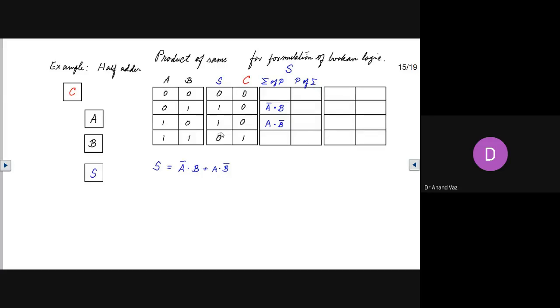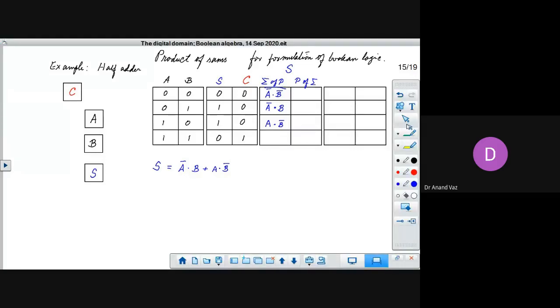If we write the fundamental product corresponding to this, we get a 0 when we have not A and not B. And this will have to be complemented.